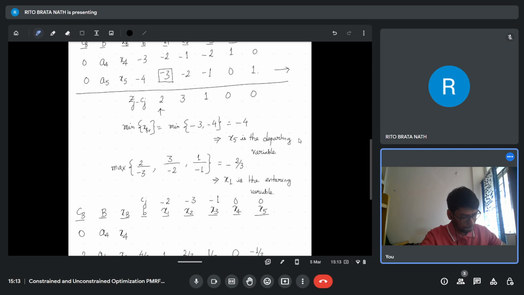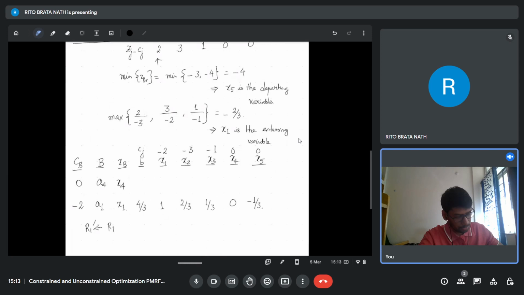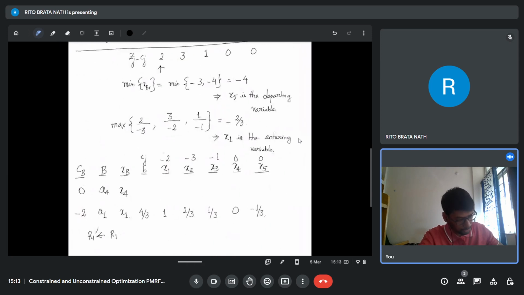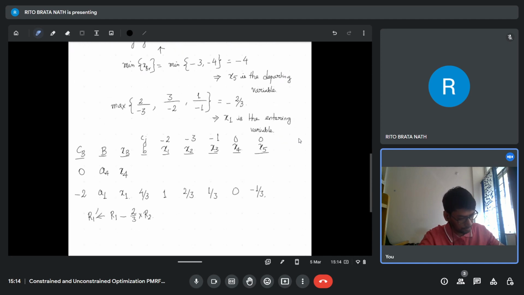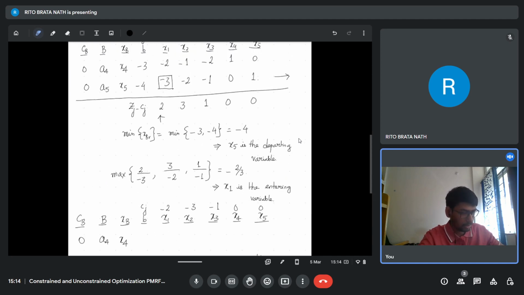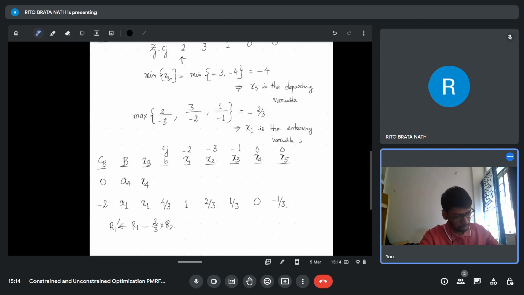So what you can do, so the transformation that you'll be doing is R1 prime, it's R1, so that's minus 2, plus, or rather it should be minus, right? So let me, minus 2 by 3 times R2, right? So R2 is minus 3, so those get cancelled out and you are minus 3. Yeah, so you are